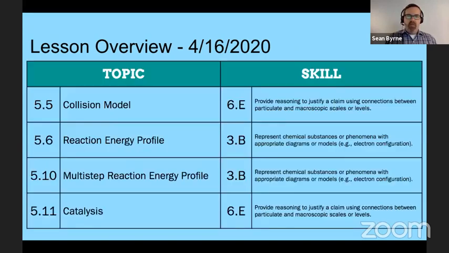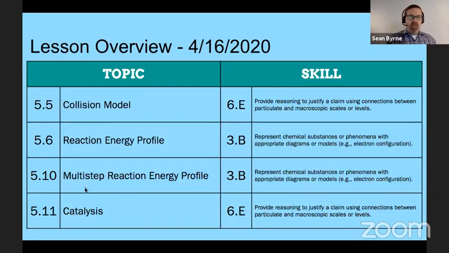These are the topics that we're going to hit. Like I said, we're wrapping up Unit 5 in kinetics, where the heart of all of this is a deep understanding of the collision model. I think it's going to feel very comfortable for you once we get to talking about all of the parts of it. Anytime we talk about a chemical reaction, you really have to be looking at the collisions of the particles with one another. Making sure we have that at the forefront of our brain as we move forward is going to be really important, whether it's talking about reactions, rates, mechanisms, or any of that stuff.